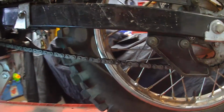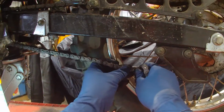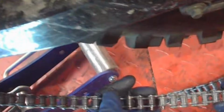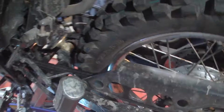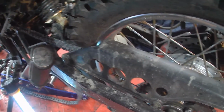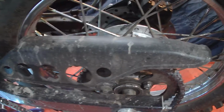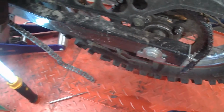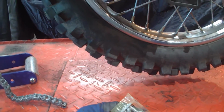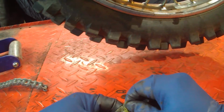Pretty easy. Now what I do, so I don't have to take this front piece off, is I'm going to take this chain and the master link, and I'm going to hook it like this. Now you can basically see how much wider this is going to be, which really isn't that much. And then pull it through and disconnect it. The dirt would build up inside that other chain, and it would tighten the chain up on me. I'd start with a properly adjusted chain,